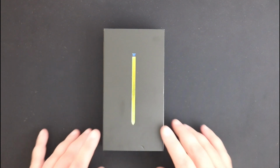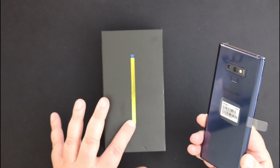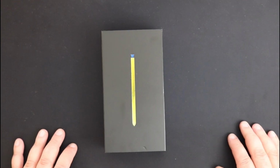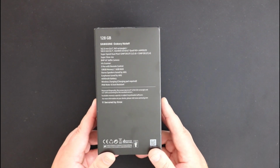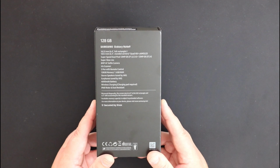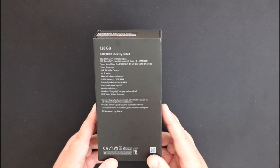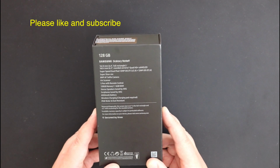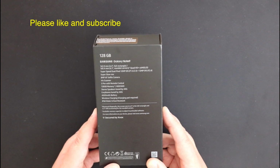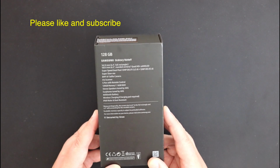So as you can tell, I've got the blue version, hence the yellow stylus on the front of the box. And quickly just turn the box over, and I've gone for the 128GB version with 6GB RAM. So I'll just quickly run through the specs. It says a 6.4 inch full rectangle or 6.3 inch rounded corners quad HD plus Super AMOLED display,